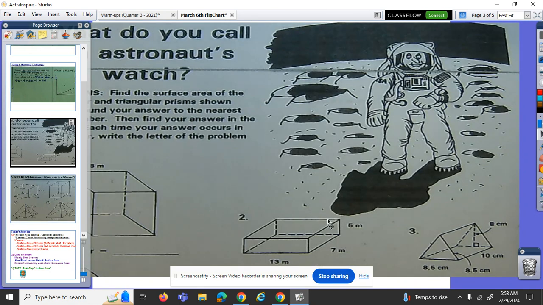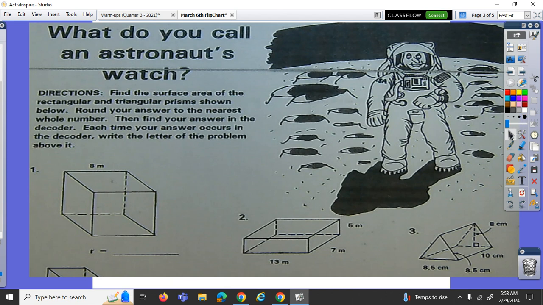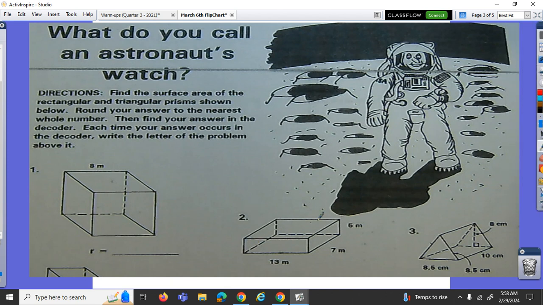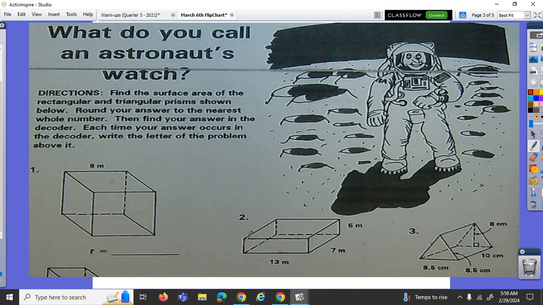For the astronaut side, look at number 2. Remember, the goal of surface area is to find the area of each side and then add it up together. So you can organize it different ways, but figuring out a way for you to get the value of the area of each side and combine it together is the main goal. So this front side that I'm tracing in red